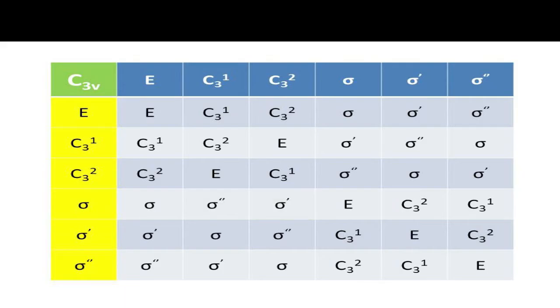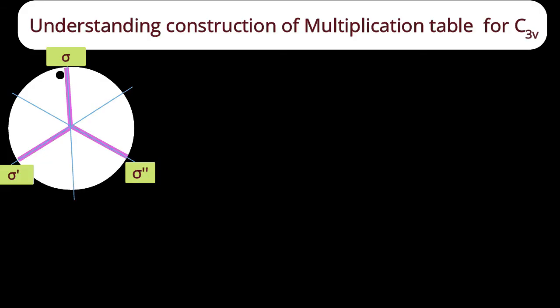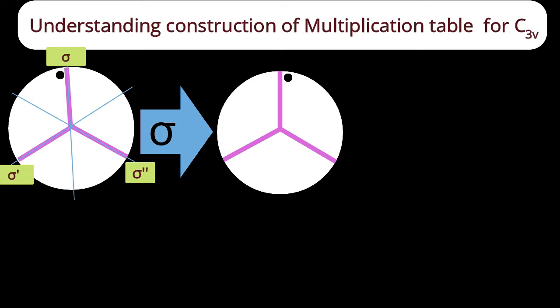Sigma into C32. It is our original ammonia molecule with 3 bars representing 3 NH bonds, and a knot for distinguishing purpose is to the left side of the upper bar, and the 3 planes sigma, sigma dash, sigma double dash are in anti-clockwise direction. Let me perform the reflection operation. That reflection plane is sigma, meaning the plane passing through the upper NH bond. After reflection through that sigma, where will that knot come? Absolutely, it will come to the right side of the upper bar.